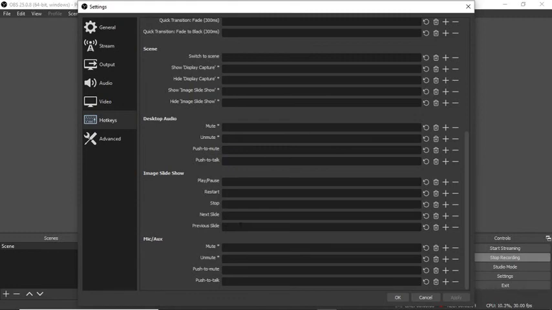So the hotkeys assigning works very simply like any other hotkeys. If you have done it before, you click on the box right here, and then the cursor starts blinking over there. You just touch on your keyboard the hotkey, right? So let's say I decide for the PPT to move on to next slide. I would like to assign the right arrow key on my keyboard, so it becomes right. For previous slide, I make it the left arrow key, so it becomes left.